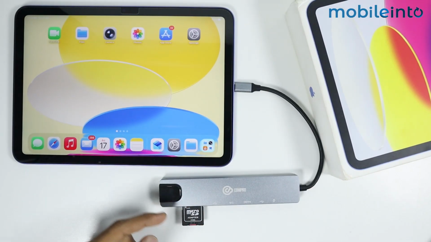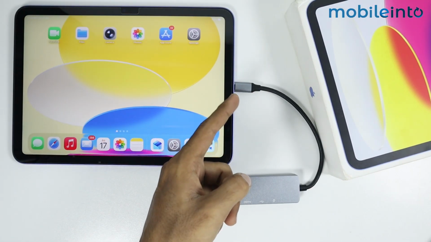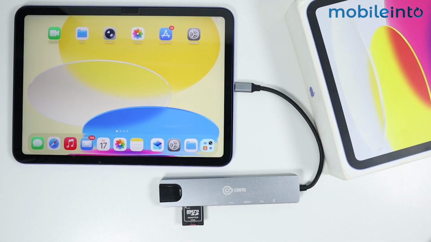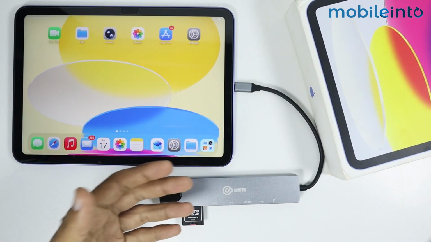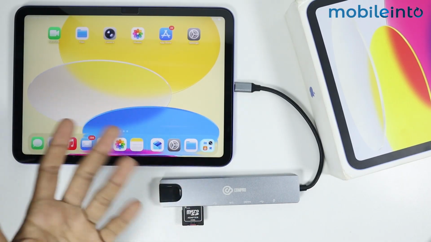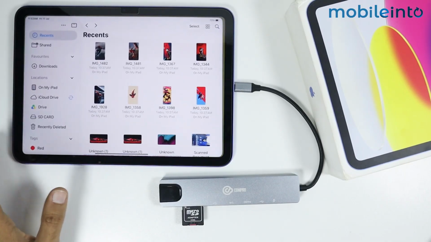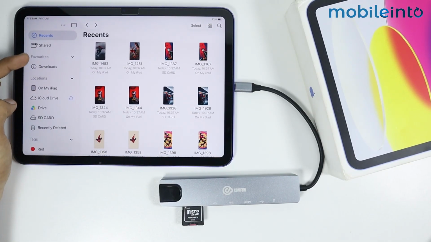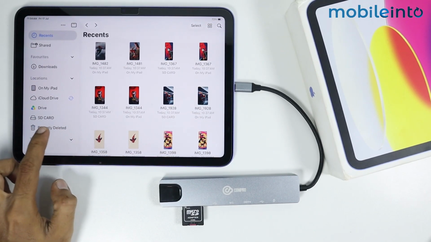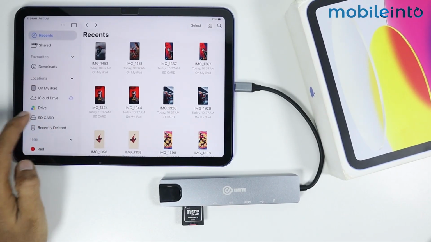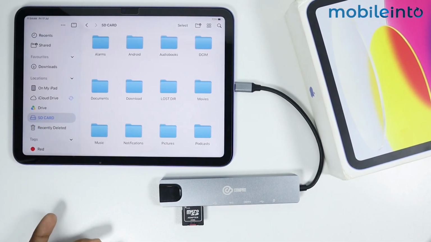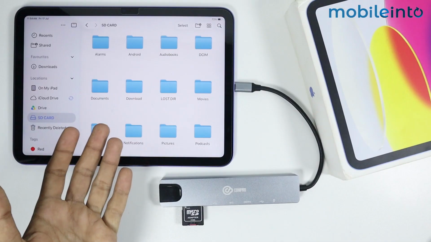Now after you connect your SD card to your iPad through the USB Type-C to SD card reader, now to copy and paste data from your SD card to your iPad or vice versa, just open the Files app. Now over here in the side menu, you will find the name of your SD card under Locations. Now just tap on it, and over here just select the folder from which you want to copy or paste